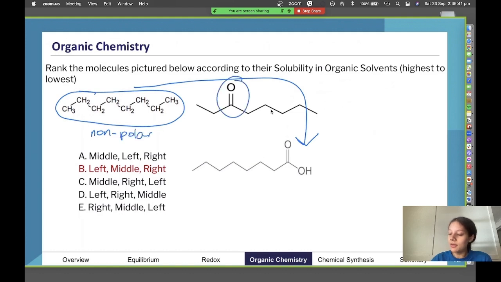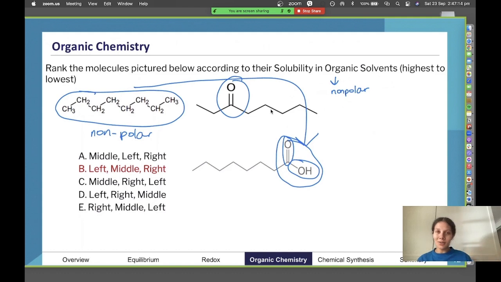Now this has our dipole in our carbon-oxygen bond there. So that's less soluble because it's a little bit more polar, but it's not as polar as this molecule here, which has very dramatic polar bonds happening there and there. So polarity is increasing left to right there. Therefore, solubility in organic solvents, which again, to reiterate, are non-polar, is decreasing. So that's the general trend there. If you can get these concepts, that's a really good place to be, because you can springboard from that, and as long as you understand those concepts, you can answer any question based on this topic.